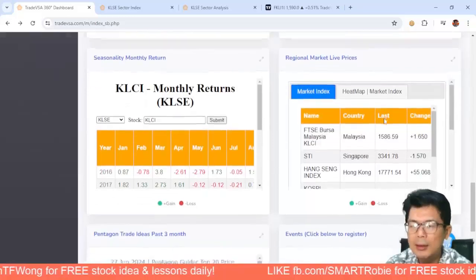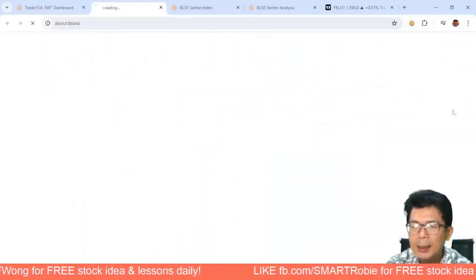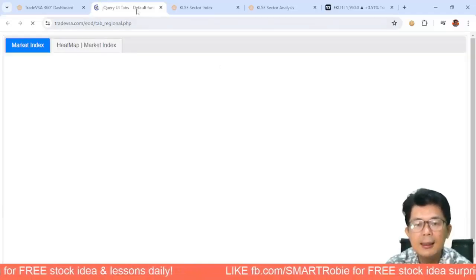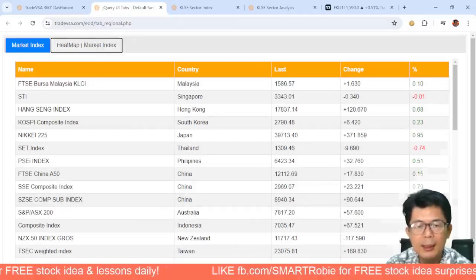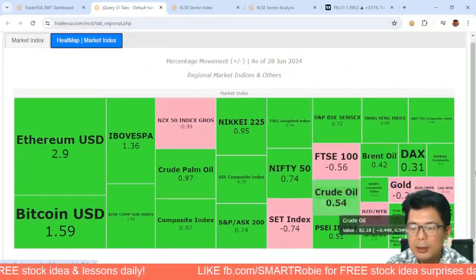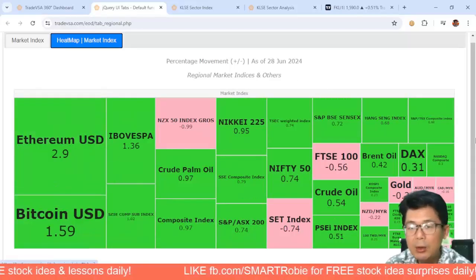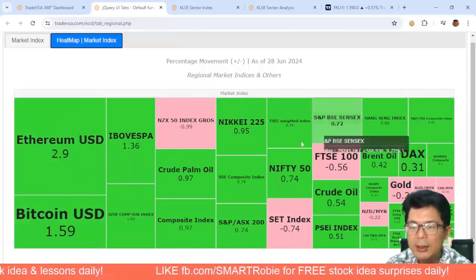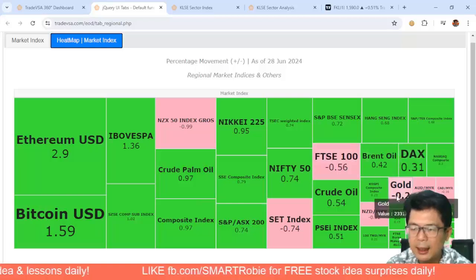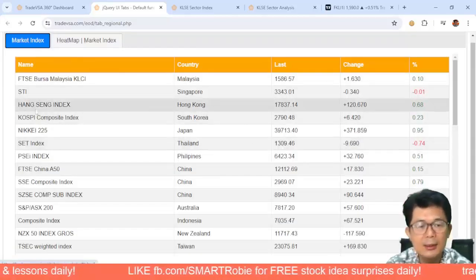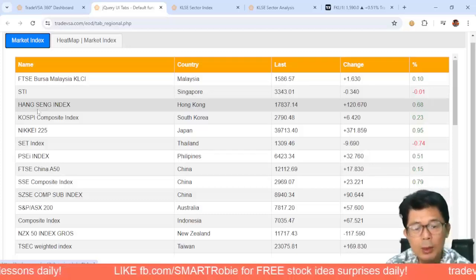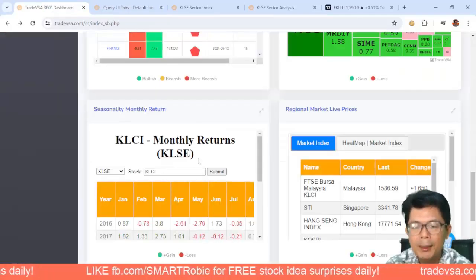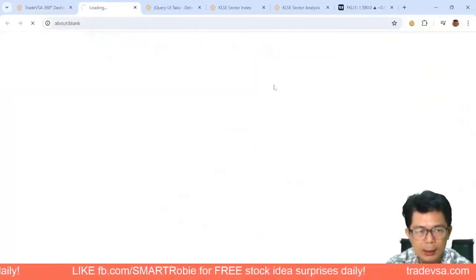And then we go on to something simple. Simpler here is the regional market. All right. So when you look at the regional market, this is all the regional market, and you also have the heat map here, which is telling you what are the markets that we have. Everything looks green. On the market right now, we have SDI, Composite Index, Bitcoin. These are big movements last night. So you can see that the gold's not doing well. And then the market index is just the text representation of what you just saw here. So all this, silver, gold is down. And then another important one is our